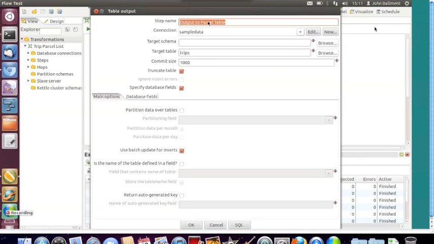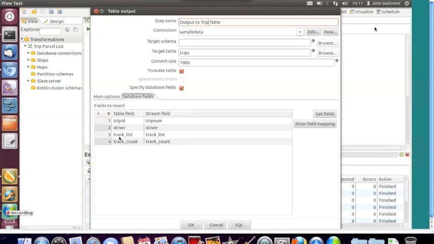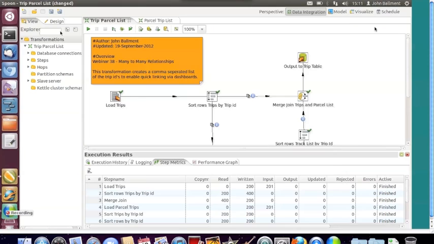I just noticed there's a typo here, so we'll fix that now. So, output to the trip table. Because this is a simple example, we're truncating the table before loading, and we're putting in the trip, the driver, and the track list and count. So if we just go and save that, and run it,